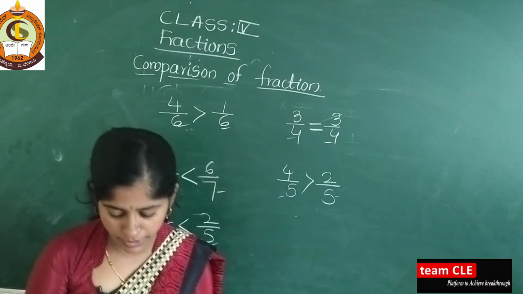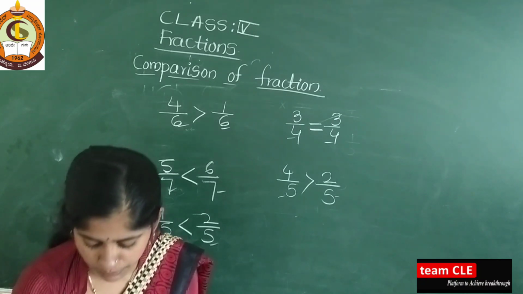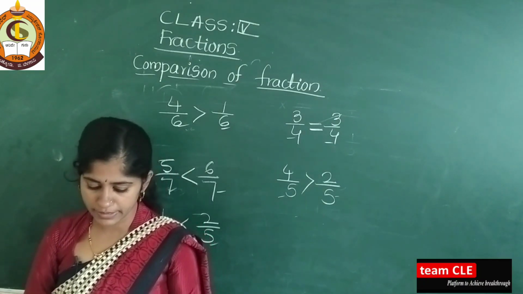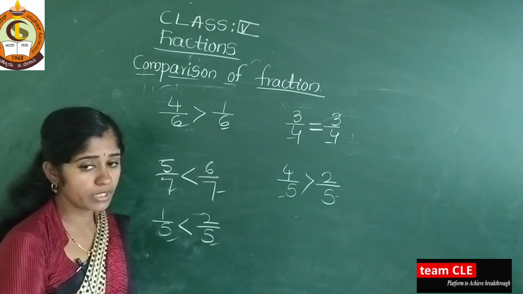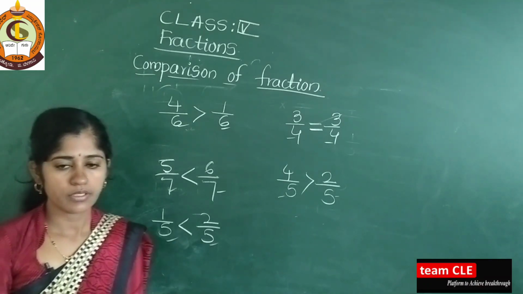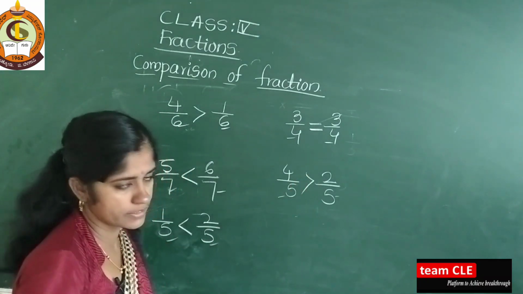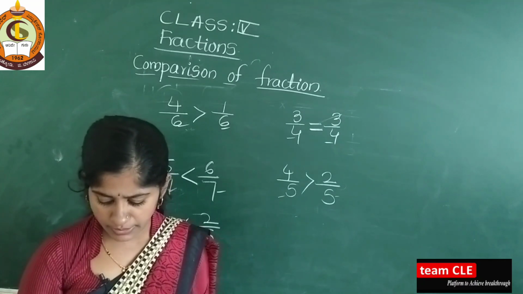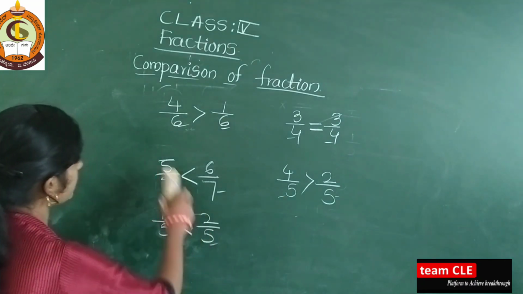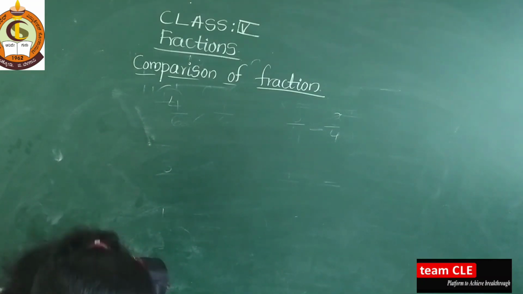So I have solved here some of the examples from your My Practice Time 2, and that is compare the following fractions using greater than, smaller than or equal sign. So here equal is there, greater than is there, and smaller than sign is also there. So here find and circle the greatest fraction. Very simple examples are there.